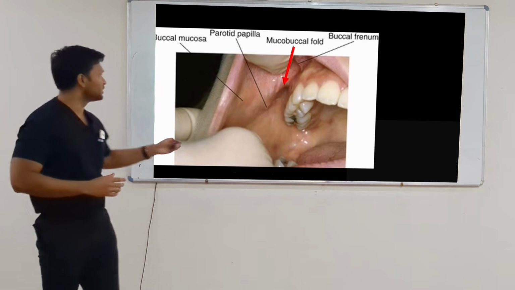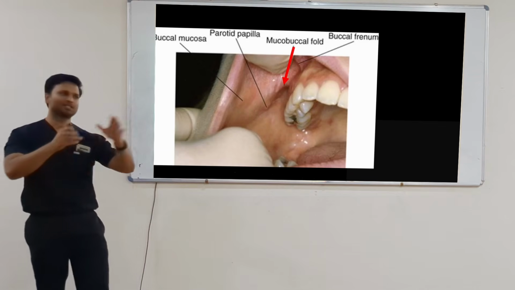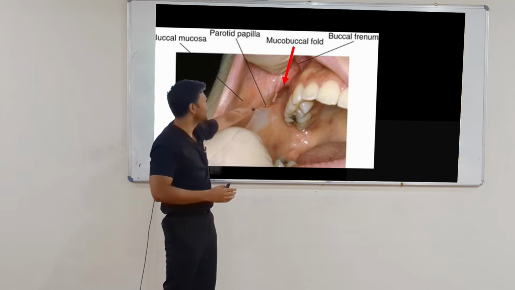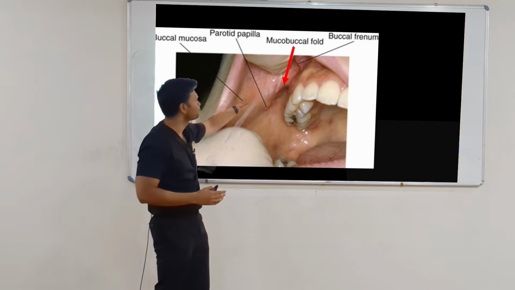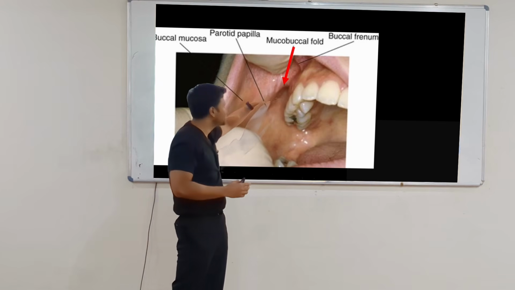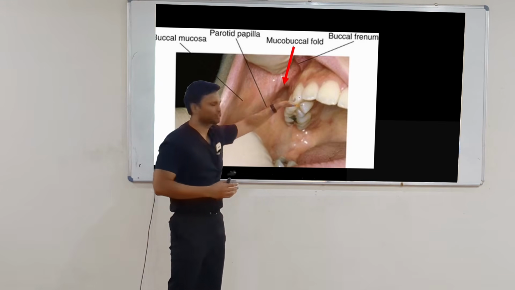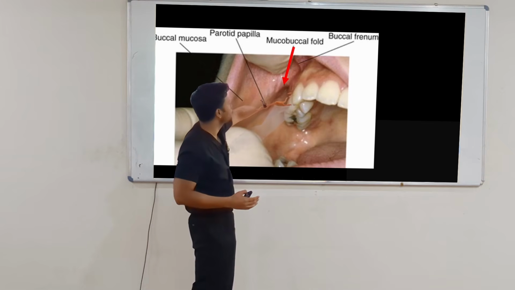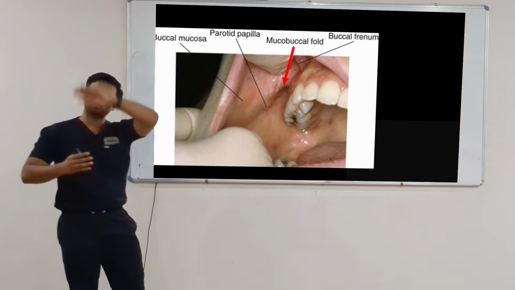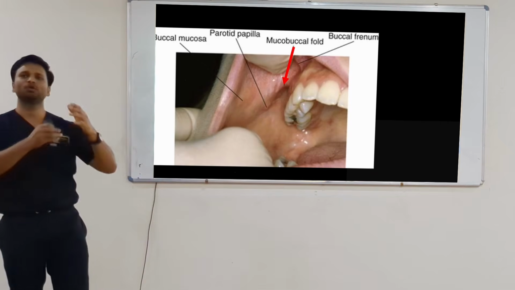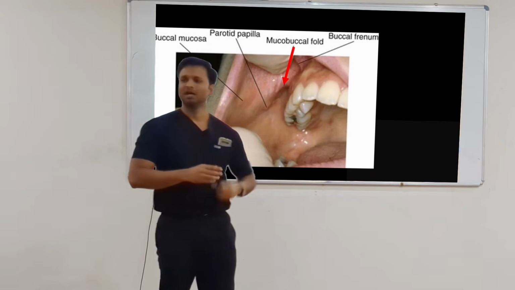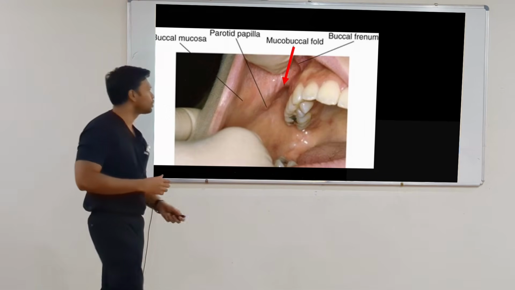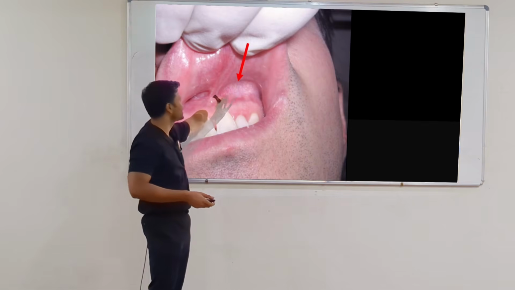This is mucogingival junction. I'm sure आप सबको पता होगा. Just in case किसी को नहीं पता है इसलिए. So this is the attached mucosa. Okay? This is the free mucosa. That is buccal mucosa. Okay? So this transition phase is called the mucobuccal fold. This is the attached mucosa and buccal mucosa. So उसके बीच में जो ये U shape है, that is the mucobuccal fold. Okay? This comes into play in many of the nerve blocks as a landmark. तो आपको पता होना चाहिए mucobuccal fold क्या होता है. In this case, this area is the mucobuccal fold.